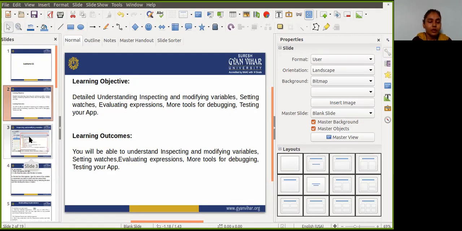After learning this lesson, you will understand how you can change your variable values, how you can set the watches, how you can evaluate expressions, and some more tools about debugging and testing the app.